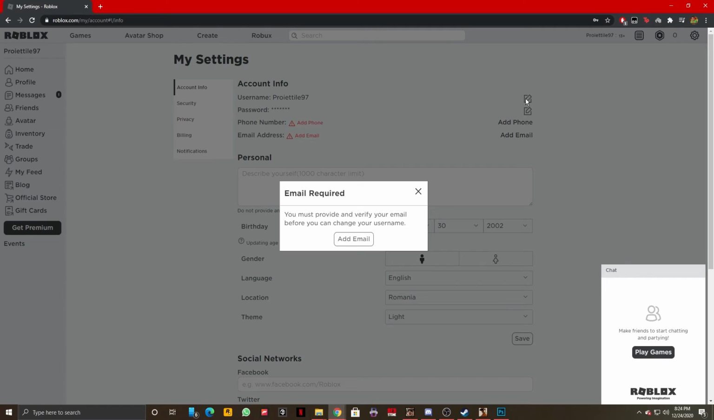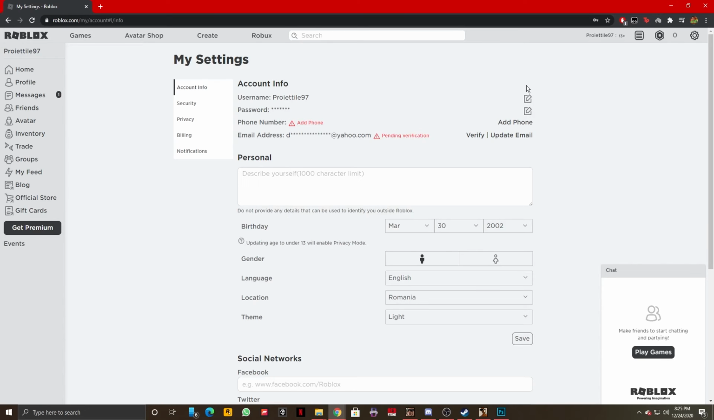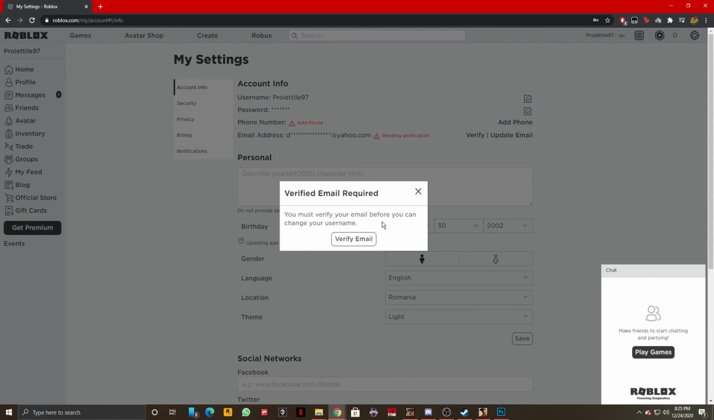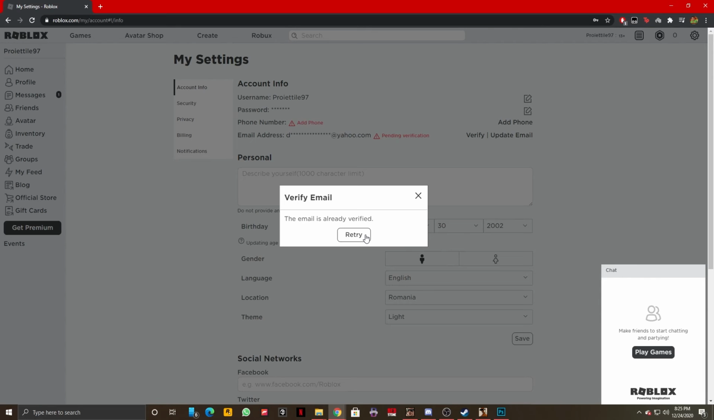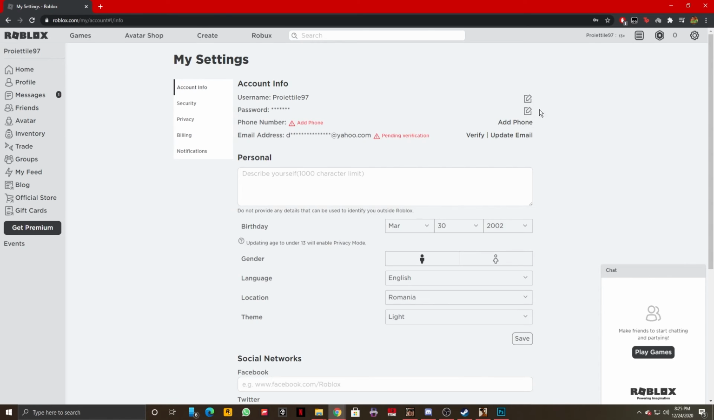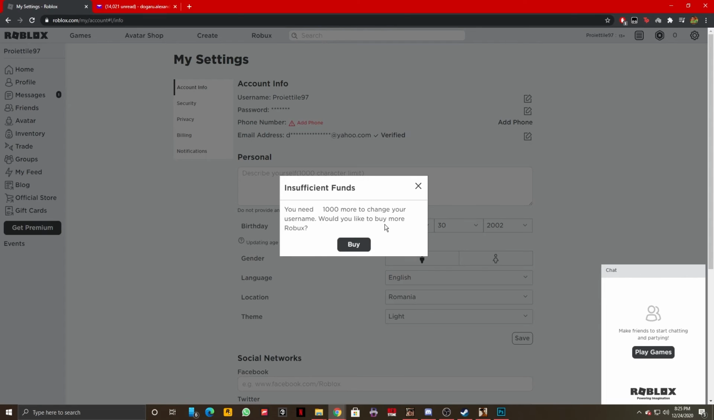Just click change your username. Now, in case you have an email linked to your Roblox account, you'll be able to do it straight away. But now, for example, in my case, as I haven't confirmed my account, I'll need to head over to my email, which I'm going to do right now. Now, once I verified my email, now I'm going to do it again. Just click on the change name one, and as you can see, now the next thing that